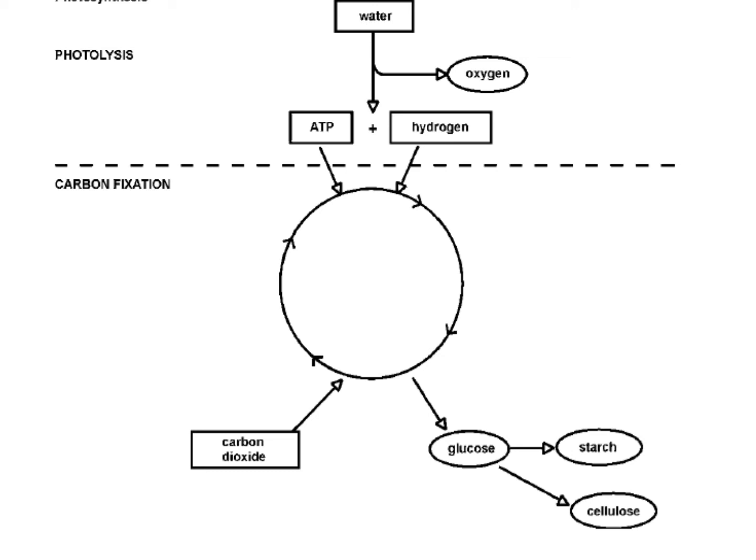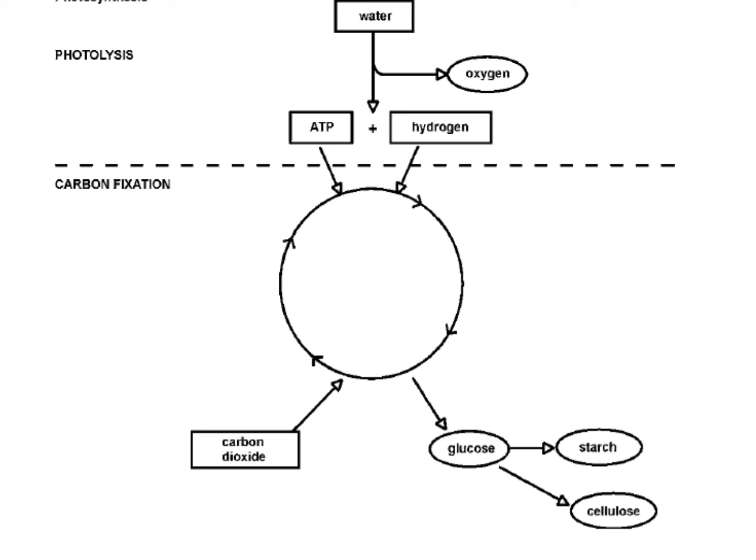The second stage is carbon fixation. They use the word carbon to think, well, carbon dioxide's involved here. And it's enzyme controlled. So carbon dioxide joins with hydrogen with the help of energy from ATP to form